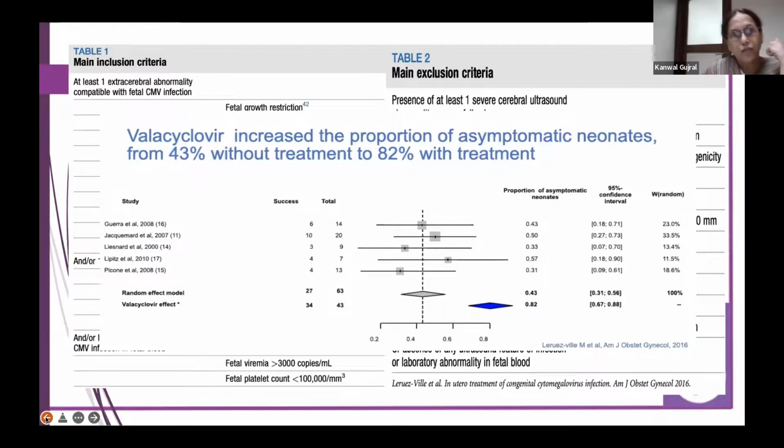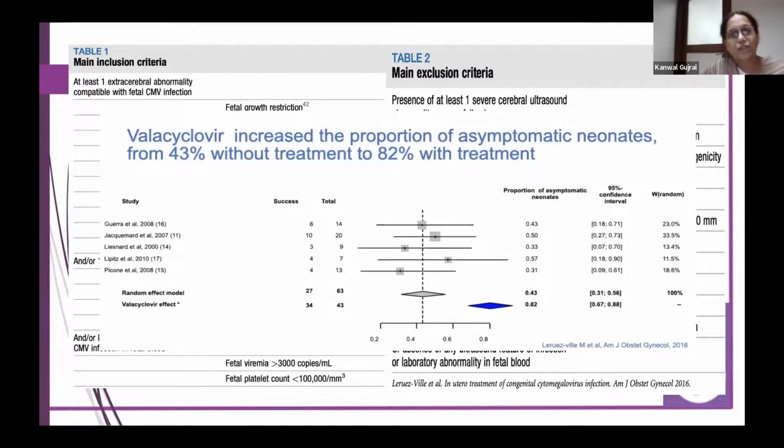But what was the flaw of the trial? They did not look for sensorineural deafness, which is the commonest sequela of the CMV infection. Had these babies been followed, or maybe they will be followed, I don't know, because it's a recent trial, only then will we know whether this globulin works or it doesn't work. So as of now, barring 2 studies on valacyclovir, we have nothing else to offer to women to decrease